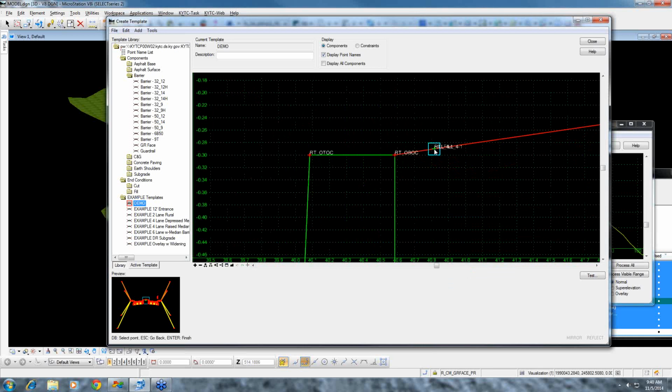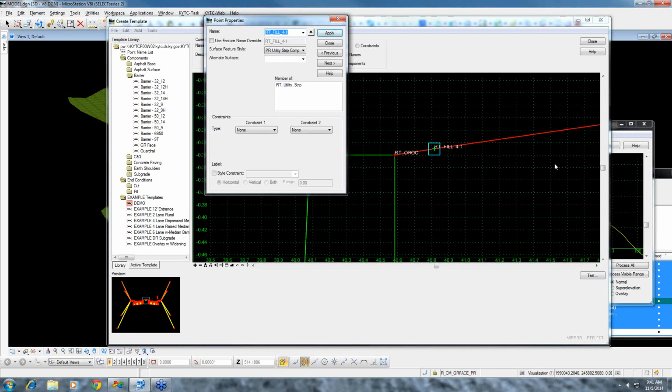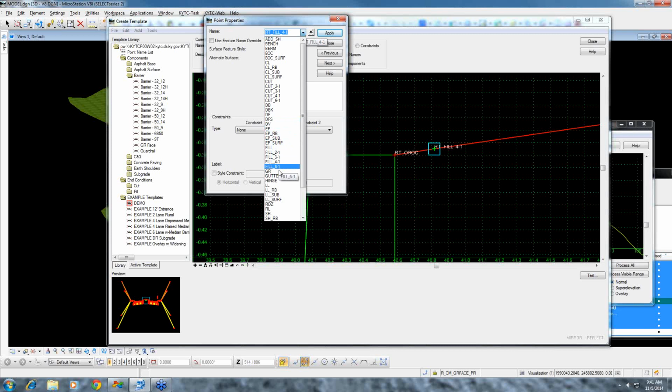We're going to insert a point. Just a dummy point, right? Yeah, just a dummy point. All we're really getting is the face of that guardrail, the face of the post of the guardrail where it goes into the ground. And what we did was we're making a